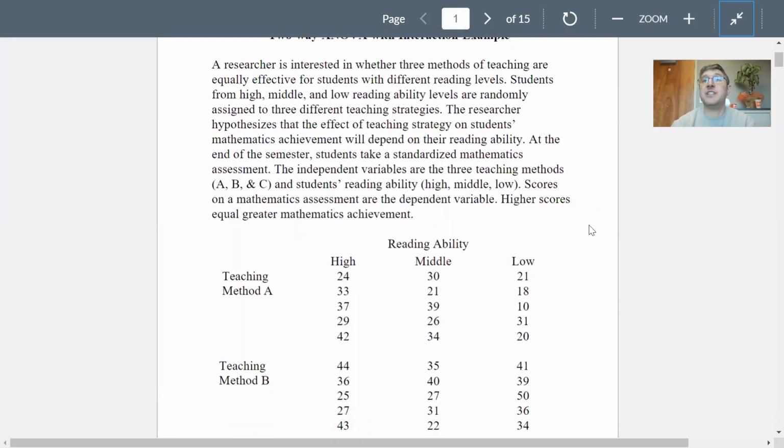A researcher is interested in whether three methods of teaching are equally effective for students with different reading levels. Students from high, middle, and low reading ability levels are randomly assigned to three different teaching strategies. The researcher hypothesizes that the effect of the teaching strategy on students' math achievement will depend on their reading ability. So that's the interaction hypothesis there, right? The effect of the teaching strategy, one of the independent variables, is going to depend on the student's reading ability,